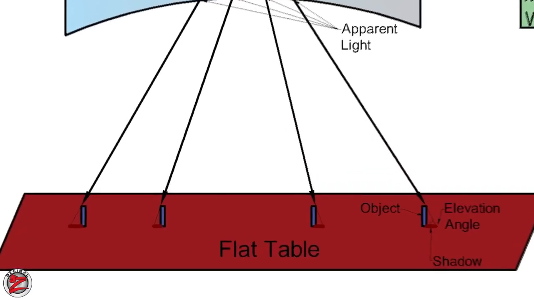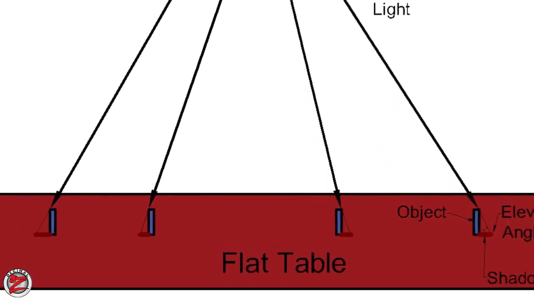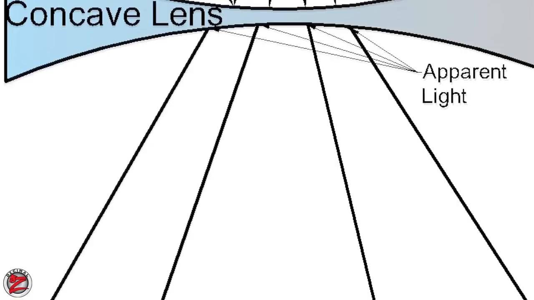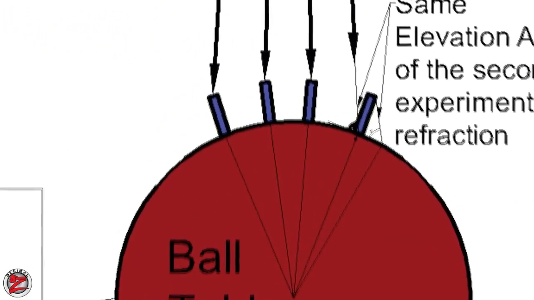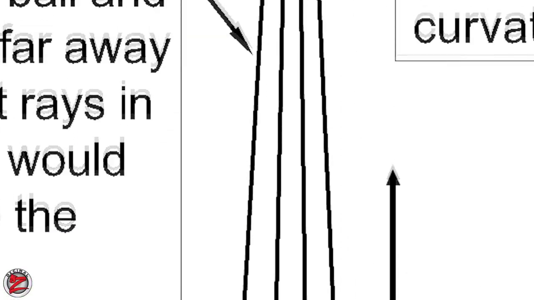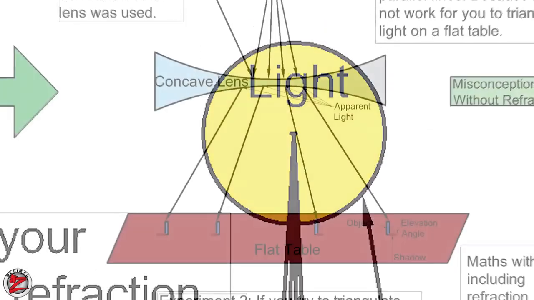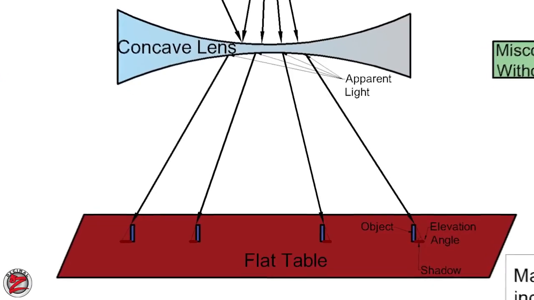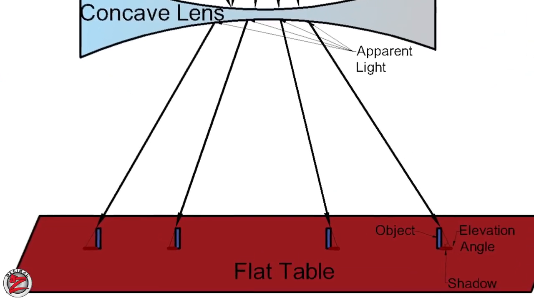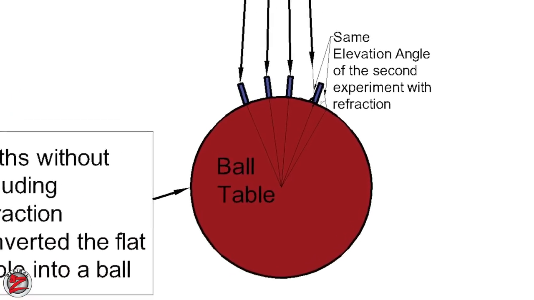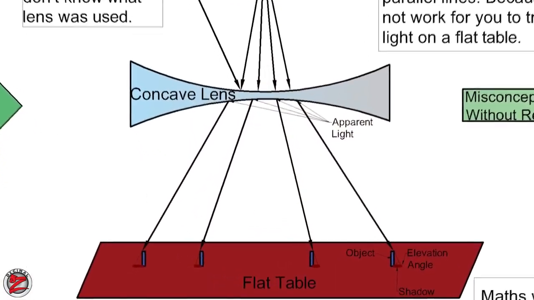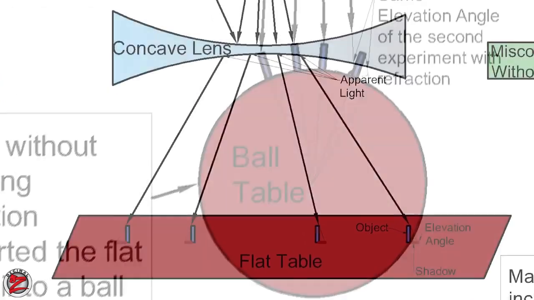If you are there at that big table without knowing that there is a lens that refracts the light above you, then according to the calculations of Eratosthenes, you will think that you are standing on a ball and that the light source is very far away, which makes the light rays be parallel, because this is the only way to make your model work when refraction is the hidden key. The Eratosthenes calculations in this case that does not include refraction turned the flat table into a spherical table, which makes me think that it did the same thing to our flat Earth.